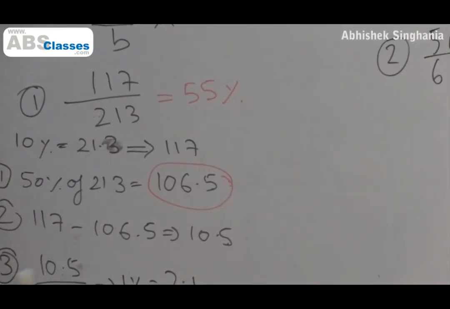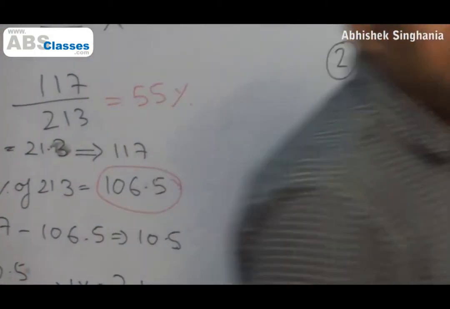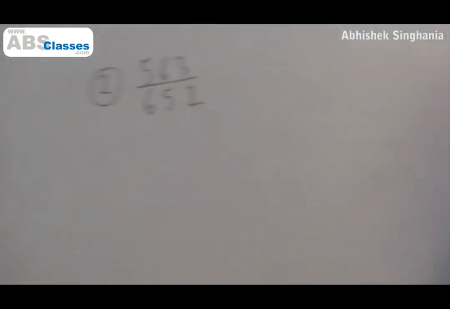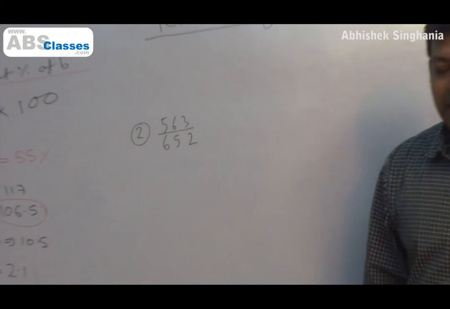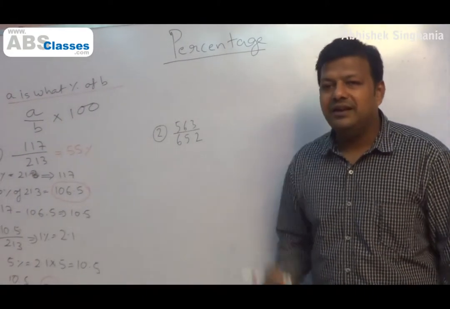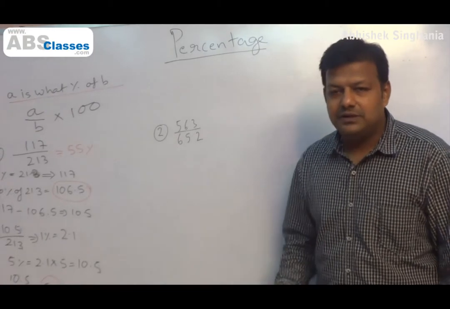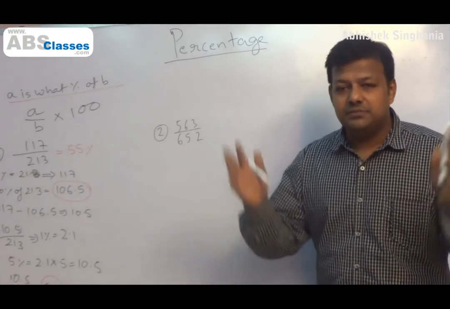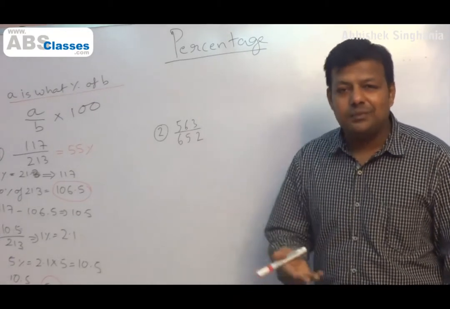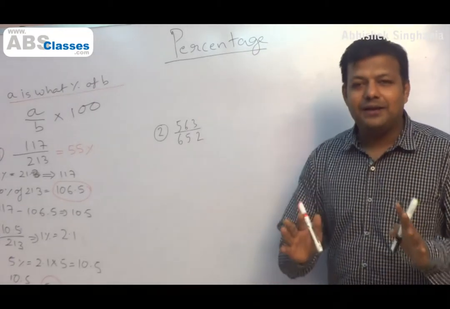Right? Let's take one more example now. Say 563 by 652. Again, instinctively when we look at these numbers, and we'll have to learn to back our instinct. More often than not, I see students who are very hesitant about it, very reluctant, always afraid of making a mistake. You have to understand that you have 15 years, maybe 16 years of education behind you. It's innate. It's at a very subconscious level. So you'll have to back what you know.